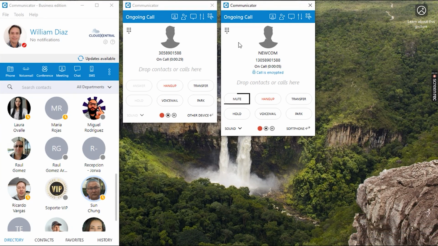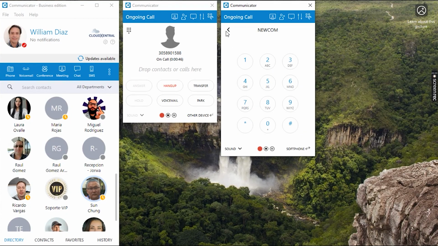These include mute your microphone, place the caller on hold, hang up to end the call, transfer or conference the call. To set the conference call, you need to first initiate a new call with the third party to be included into the conference. You can use the dots menu on the top left-hand corner to activate the dial keypad